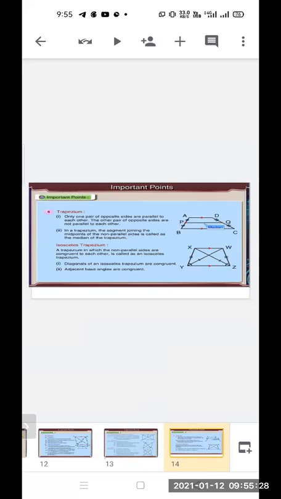So these are all the important points you have to remember, all the properties, all the theorems, and based on these properties and theorems, you are going to apply your knowledge to solve questions in your syllabus. I hope everything is clear to all. In the next lecture we are going to recall and recapitulate everything we have learned till now, and we are going to clear your doubts also. All the questions we are going to solve. So I think we should stop here.